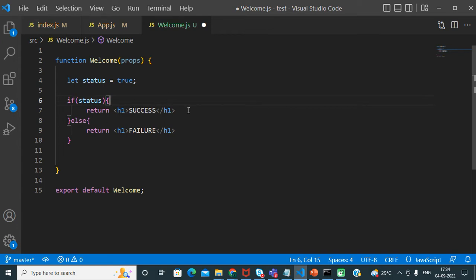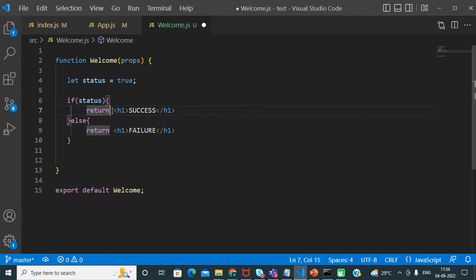In both the blocks, the true block and the false block, we have to return a complete JSX element.